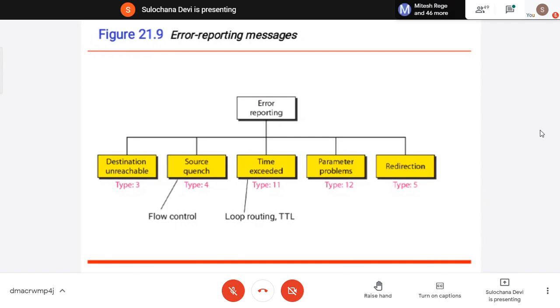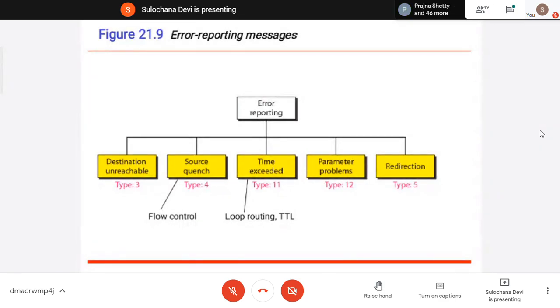But IP will not provide you information. It will not tell you to slow down or that your packets are being dropped. ICMP will provide it. It will say that there is source quench, like there is congestion in the network, or the machine where you are sending is not able to handle your data, your packets are being dropped, so you slow down. That ICMP will provide.